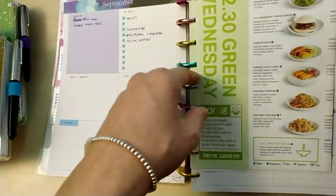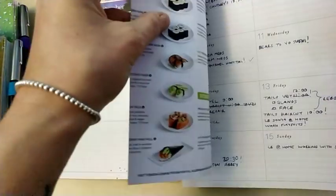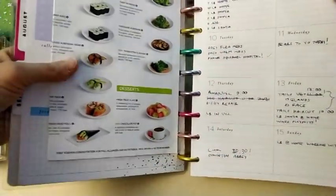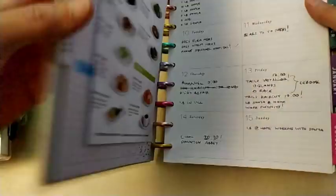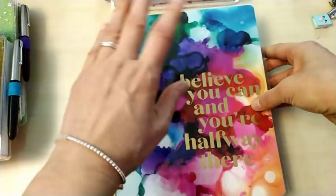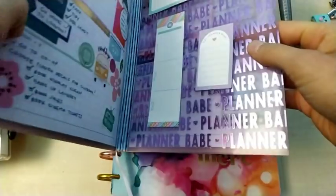I like the idea of this in principle. I really like the dashboard layout of the Happy Planner, but it just felt like for us, something like a horizontal layout where you have more space to write to-dos on individual days would be making a better use of the space. And so as soon as December finished, I switched over to this bound Happy Planner, and that's what